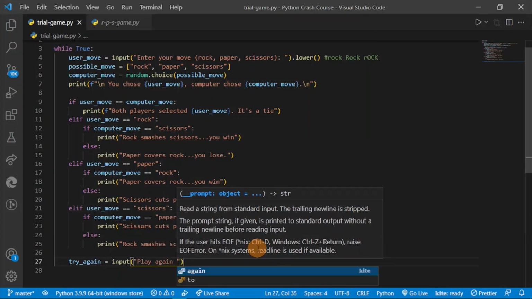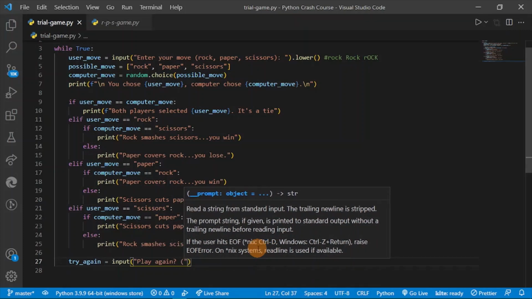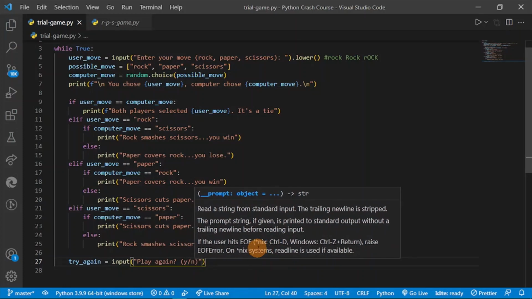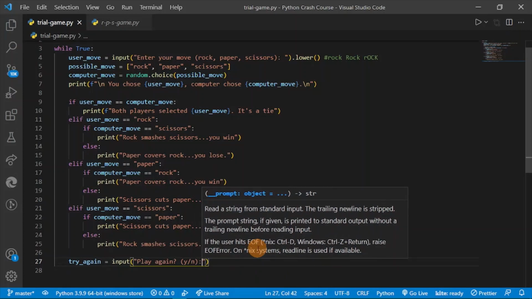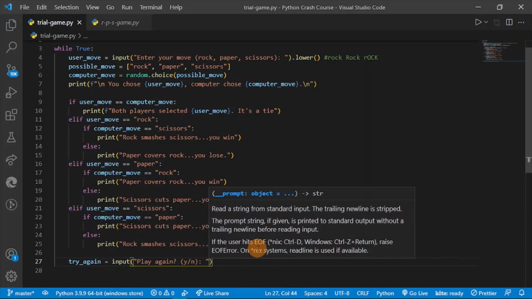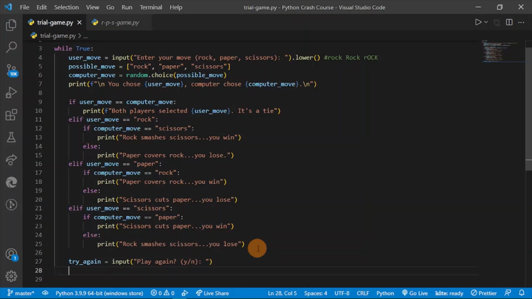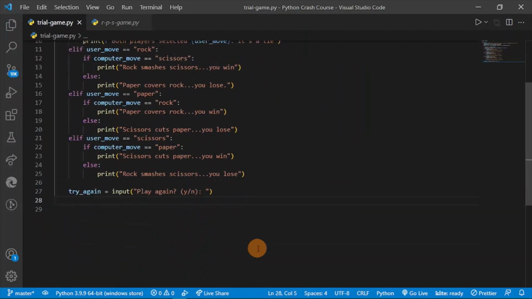And this time, so what's the question? So let me put question mark and play again. So yes or no. Do you understand? Okay. So I think I should give some space. And now let's try using some conditions. So what do you want to achieve? So you are saying